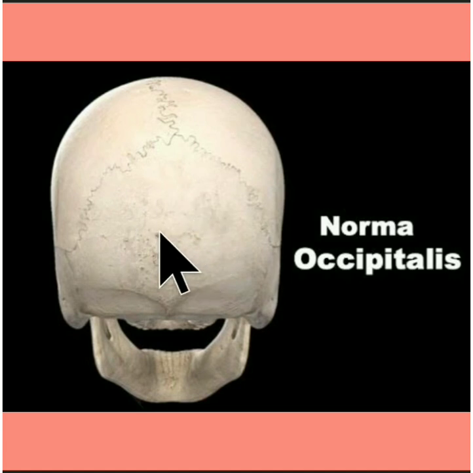The bones forming the norma occipitalis are: there is a paired bone, that is the parietal bone, and here is the squamous part of the occipital, this is the unpaired part, and the mastoid part of the temporal bone. So there are three bones taking part, two paired bones and one unpaired bone. The unpaired bone part is the squamous part of the occipital bone, and the paired are the mastoid part of the temporal bone and the parietal bone.